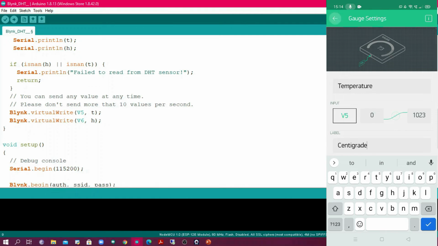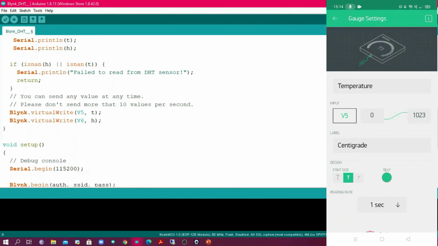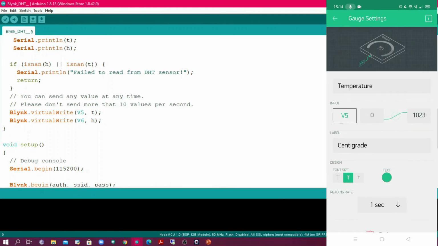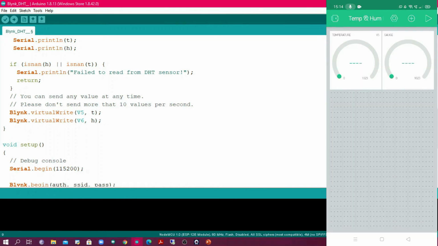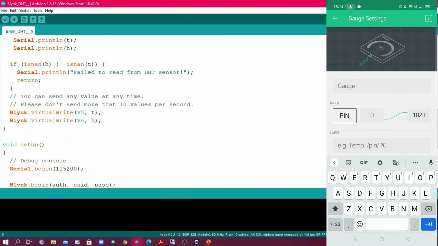Then back over. So guys, you can see here the temperature is written, and the maximum value is 0 to 1023. You can see, guys, 0 to 1023. Leave this thing intact. Go back one second. So accordingly you select the second one for humidity,